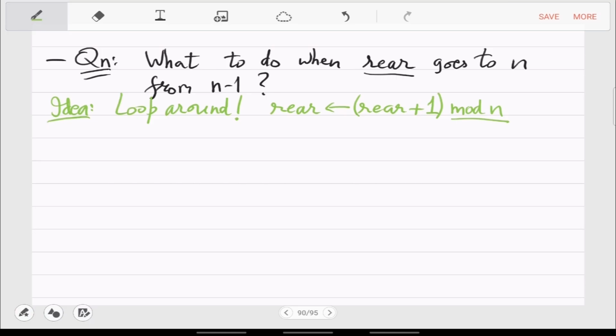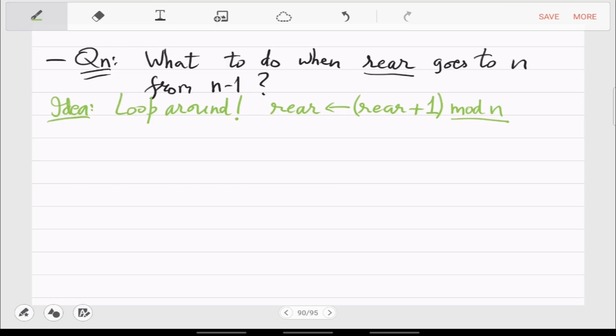So this is the looping around, and then you can loop around infinitely many times. The queue has this structure that will allow you to keep reusing the space as long as the number of cells that the queue uses is at most n. So that is the pseudocode.